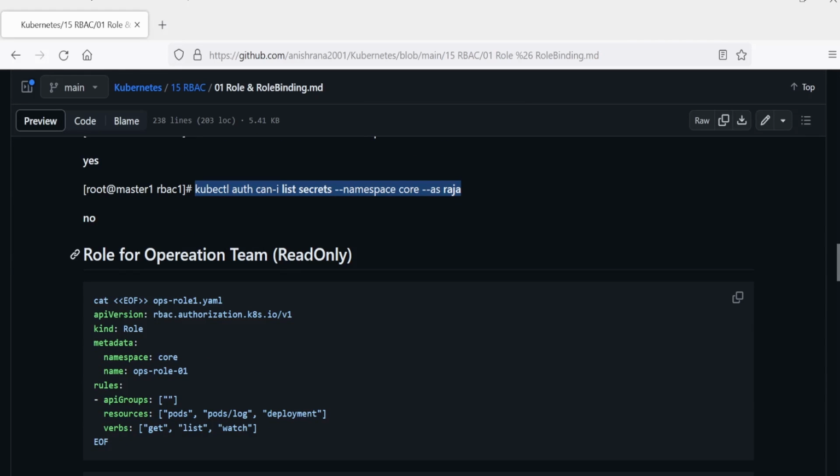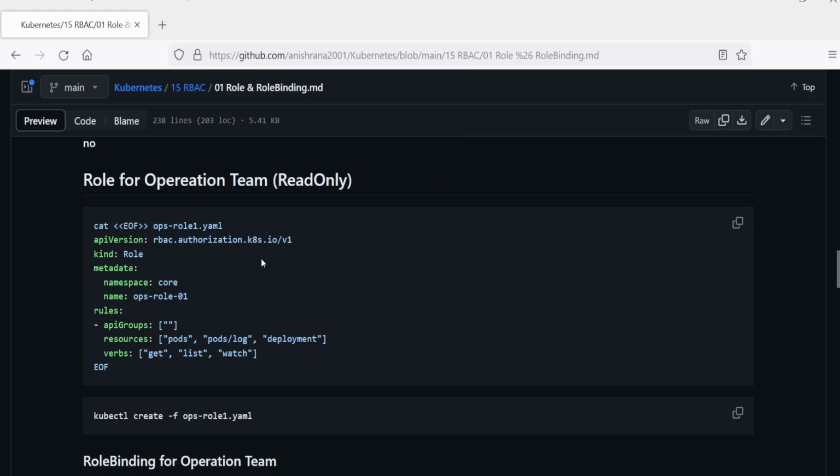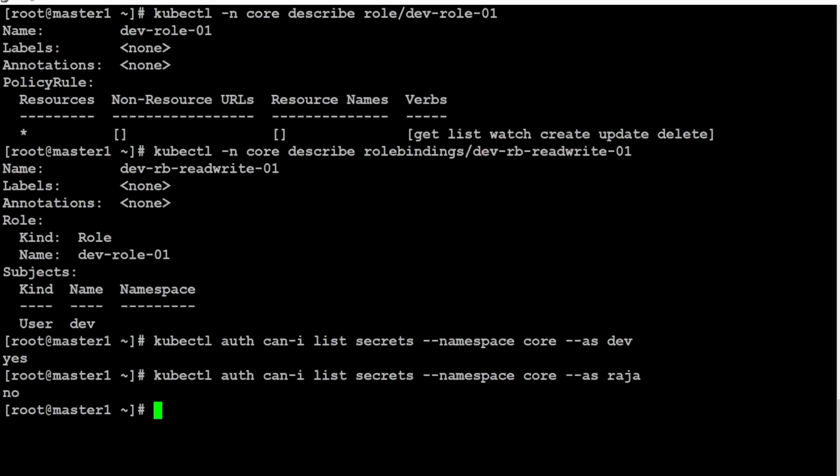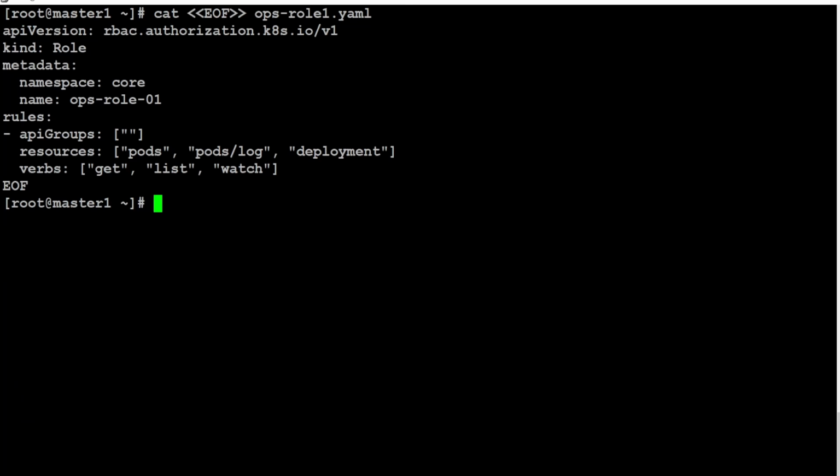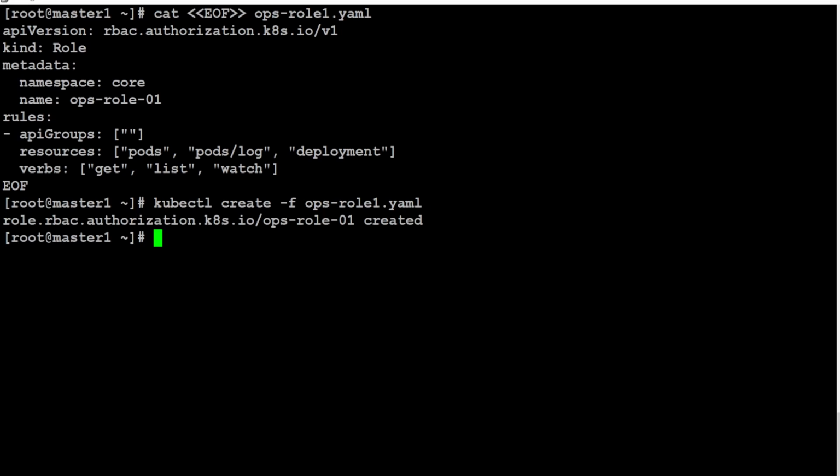Role for the operation team, read only. This time, we are going to create another role, but for the operation team, and it is read only. Here we define some resources only, and the verbs are get, list, and watch. Verbs means privileges, what you can do, and on which object you can do it is the resources. Copy and paste, and insert with the help of the create command.